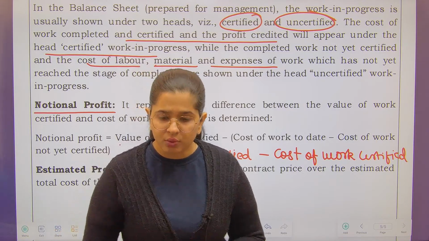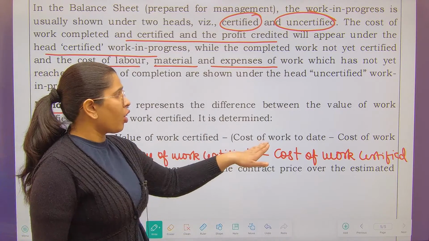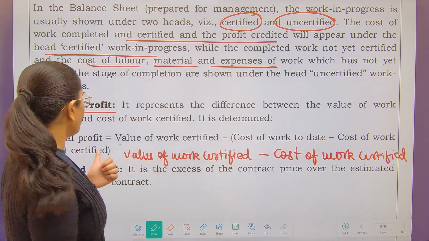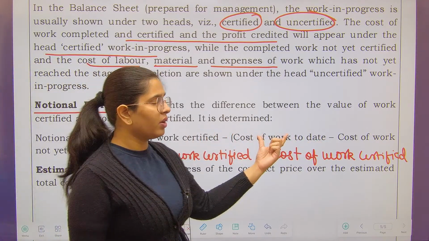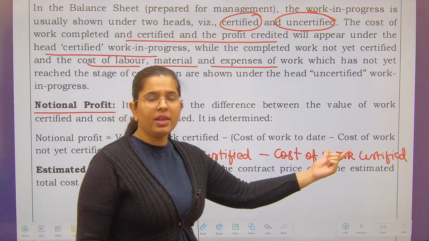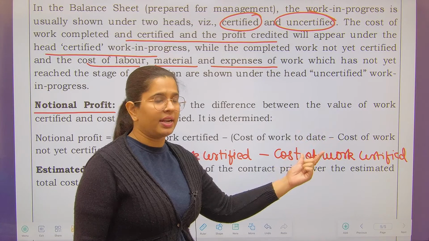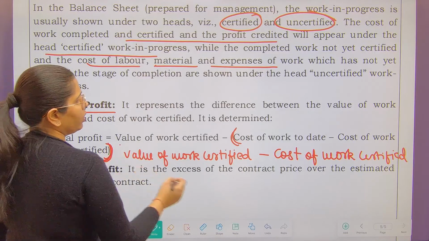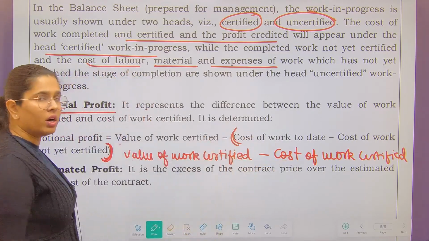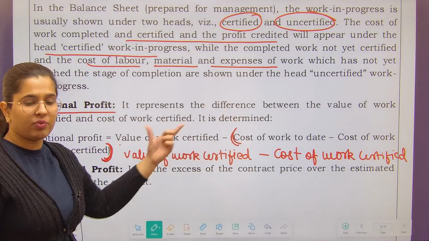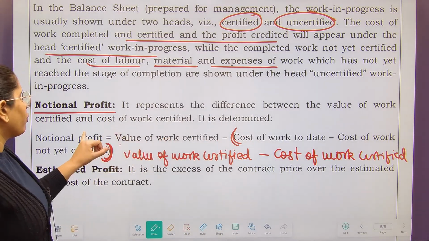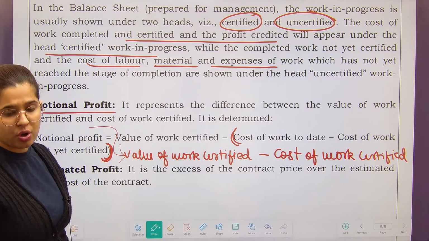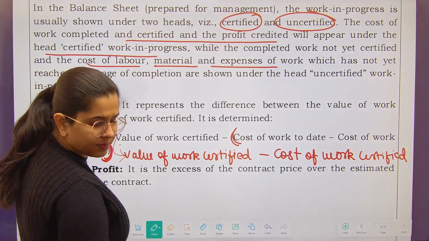Right? So I will call it notional profit. Cost of work to date means the total cost which has been incurred, less the cost of work uncertified. So from the cost you have incurred, you are removing the cost of work uncertified. This bracket means you want to find out the cost of work certified. This reduction is happening within the bracket. So if you want to find out notional profit, this is the formula: value of work certified less cost of work certified. Next is